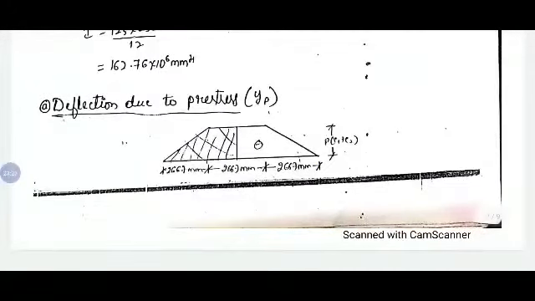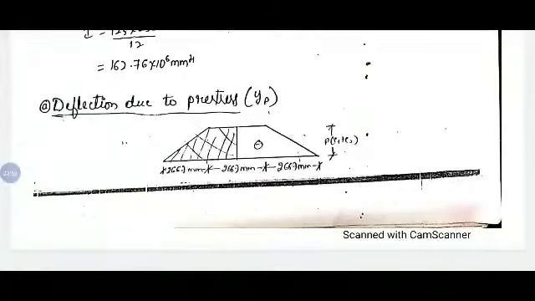The same thing will reflect here, and the maximum bending moment will be prestressing force into total eccentricity, P into E1 plus E2. In the shaded portion we have two segments, one triangular and another rectangular. Since the beam span is 8 meter,